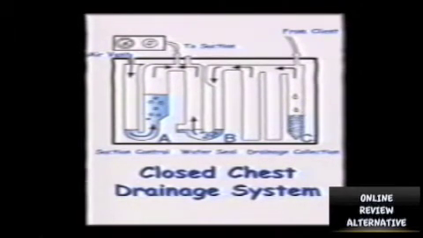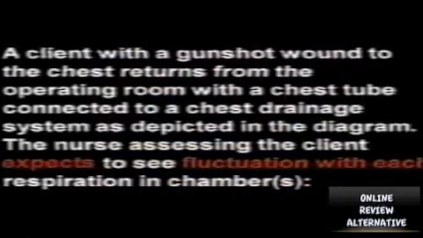Now, if you got that picture in your mind, let's go forward and read the question. A client with a gunshot wound to the chest returns from the operating room with a chest tube connected to a chest drainage system, as depicted in that diagram that you just saw. The nurse assessing the client expects to see fluctuation with each respiration in chambers. And remember what we just talked about, that in fact we know that there are two chambers that have fluid